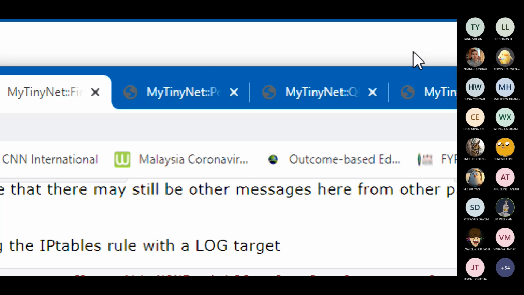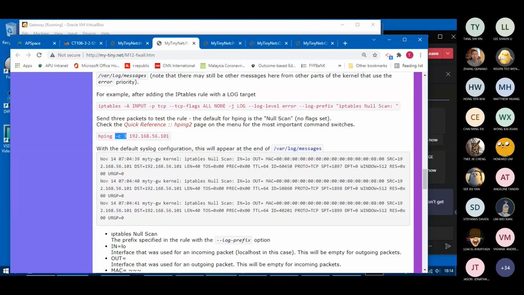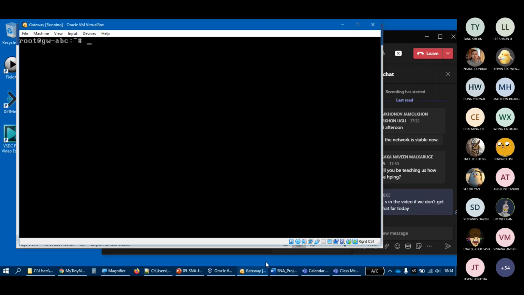iptables -A INPUT. Oops, what happened here? There it is. iptables -A. I always try to put a minus there, and I always get an error message. -A INPUT -p